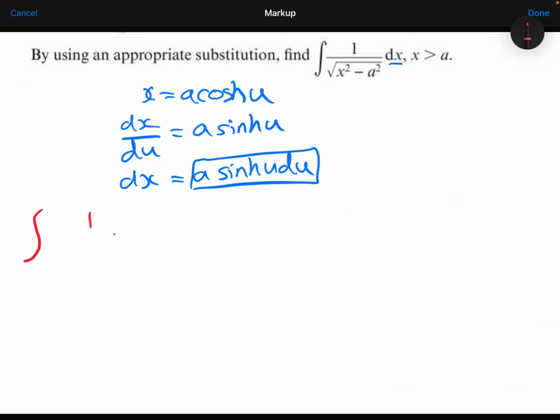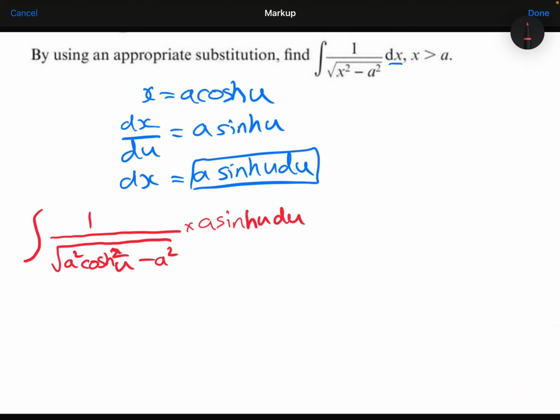So the integral of 1 over the square root of x squared, so that's going to be a squared cosh squared u, minus a squared, times dx, u du. Let's do those steps of simplifying the denominator. Just simplify my numerator first. So on my denominator, I'll factorise out the a squared and I'll be left with cosh squared u minus 1,